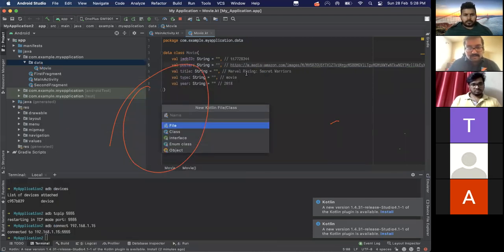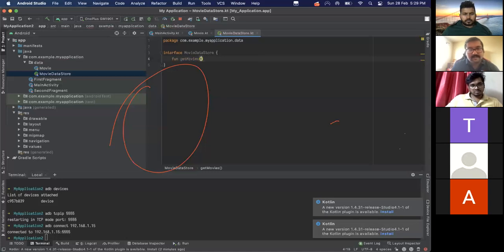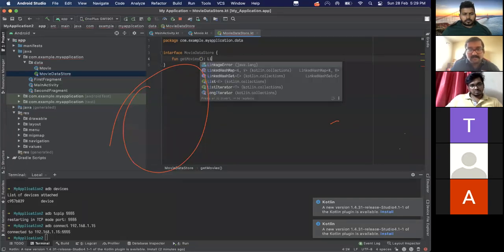So let's first create the data store interface, or probably better, movie data store. It will be an interface. So interface MovieDataStore. So what should a data store do basically? A data store should have a function that returns the data. Get movies list that will return a list of